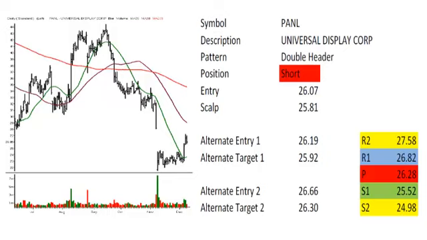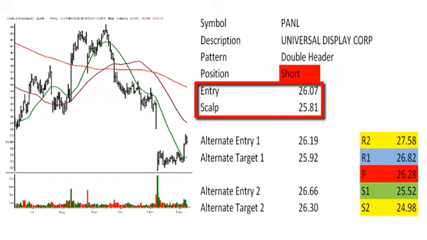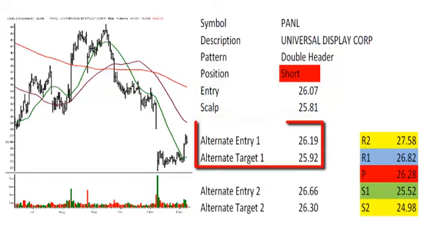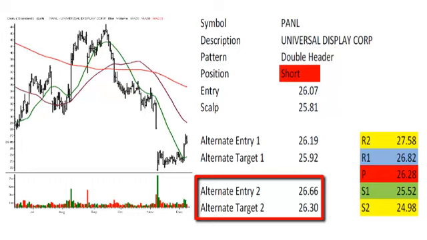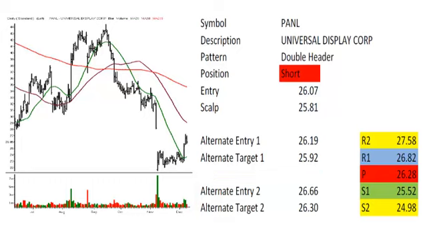We're looking at the Tuesday, December 11th, 2012 trading plan, and this is Universal Display Corporation, ticker symbol PANL, and we see that it's a short side setup, something I call a double header, with a 26.07 entry, 25.81 first target, an Alt 1 entry at 26.19 with a 25.92 target, an Alt 2 entry 26.66 with an Alt 2 target at 26.30, and note that the central pivot over there in red is at $26.28, which puts